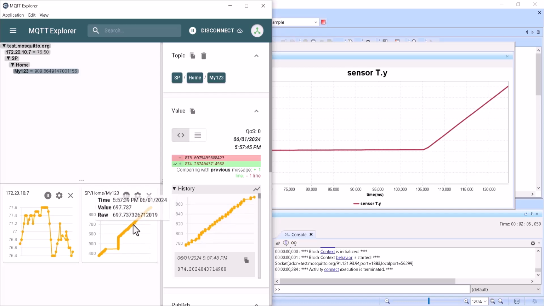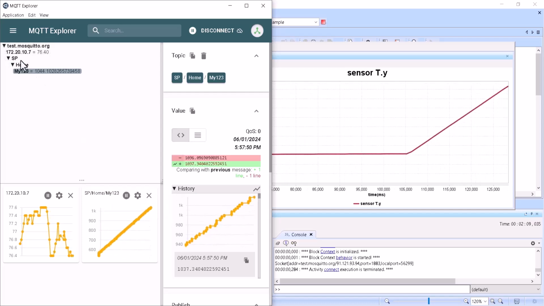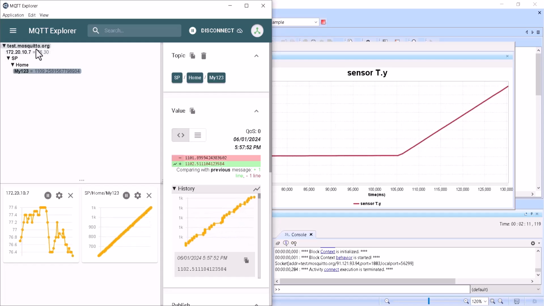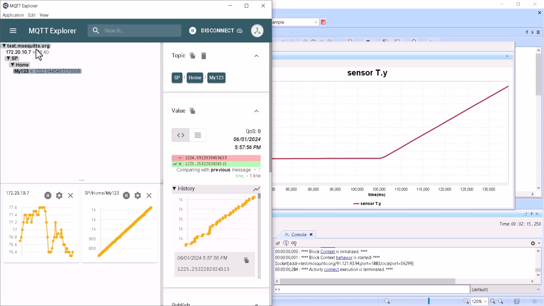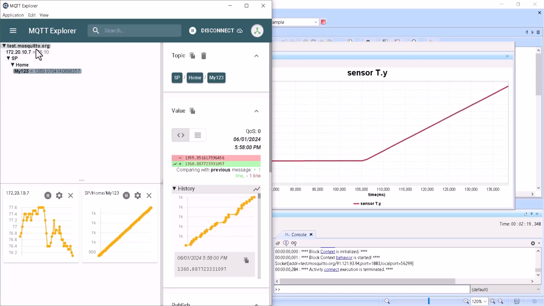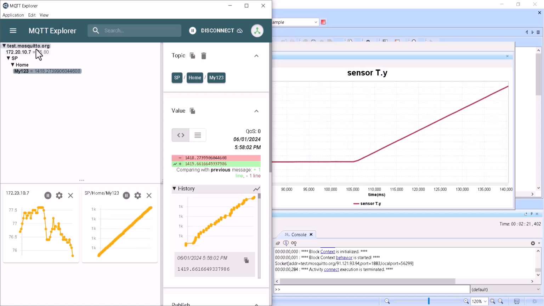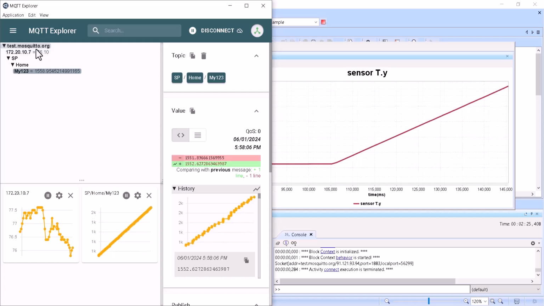So really great speed of communication going through the public MQTT org server, test MQTT org server, which you can use for your needs. Now let's go back to the slides and then see how we can actually program the hardware